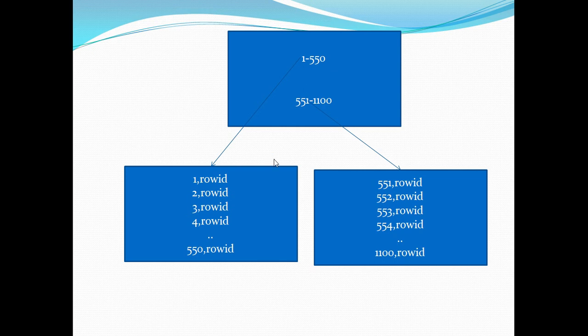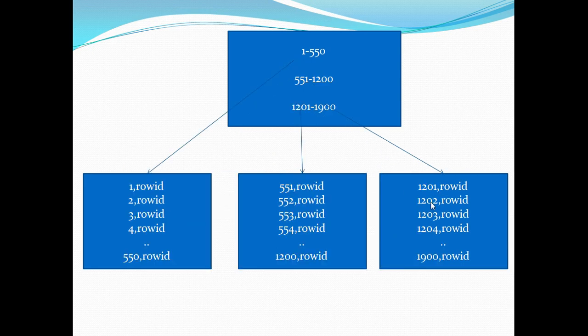So let's see how my index will shape up when I insert further rows in my base table. In this case, we will see certain changes. Now my branch block has 3 pointers because we have 3 leaf nodes, and my second branch block, which initially had entries till 1100, accommodated some more entries, and when this block was full, it split into another block. Now the blocks can actually split in 2 ways.